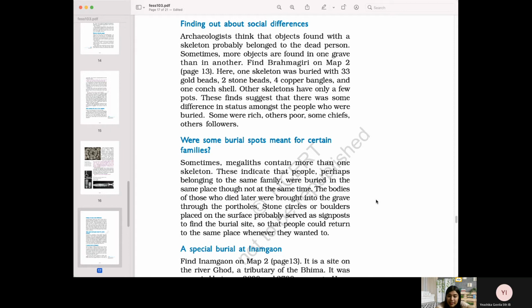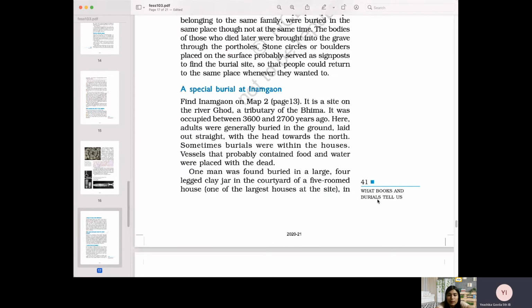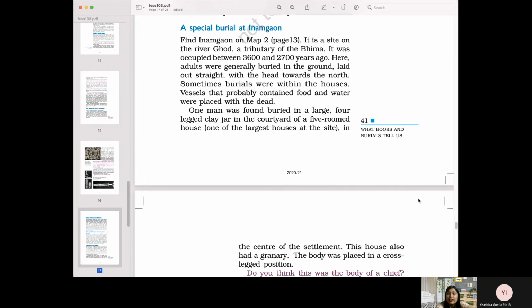Then that takes us to a special burial at Inamgaon, right? Just scroll down. Yeah. So in this burial, there was just one single man, who was buried inside an entire large 5-roomed house. Right. So an entire house was given to his burial. That means he was some kind of chief. Right. And his body was placed in a cross-legged position. It was like paying great respect to the body. That suggests that it was the chief's body of that place. Yeah. Right. Then next,